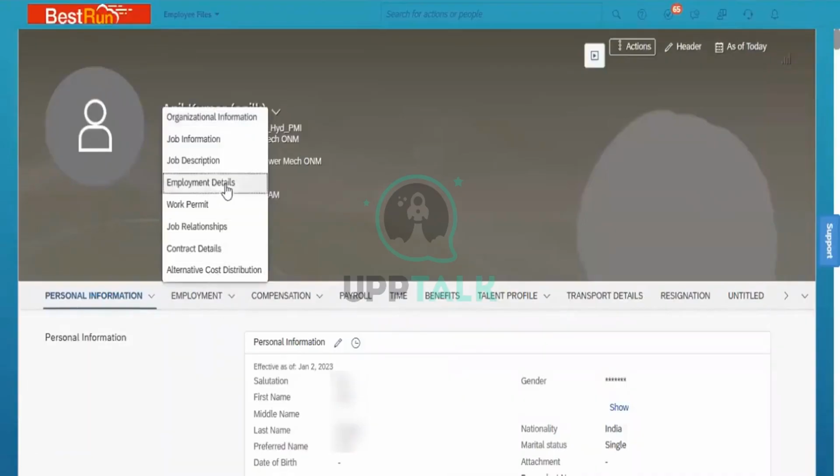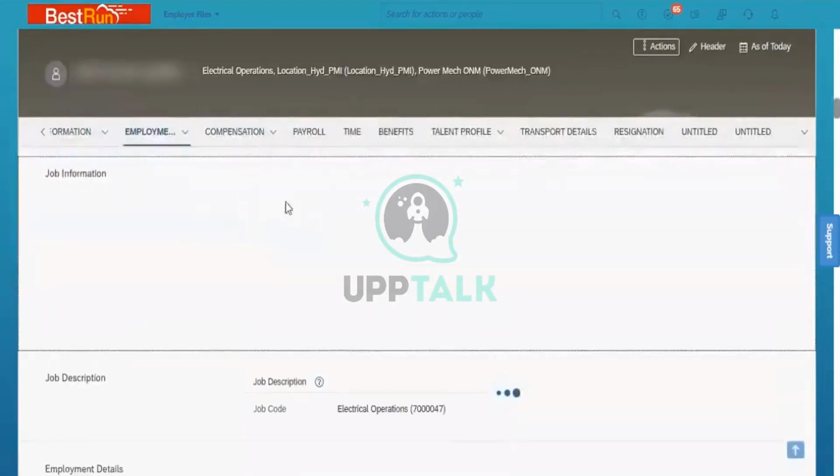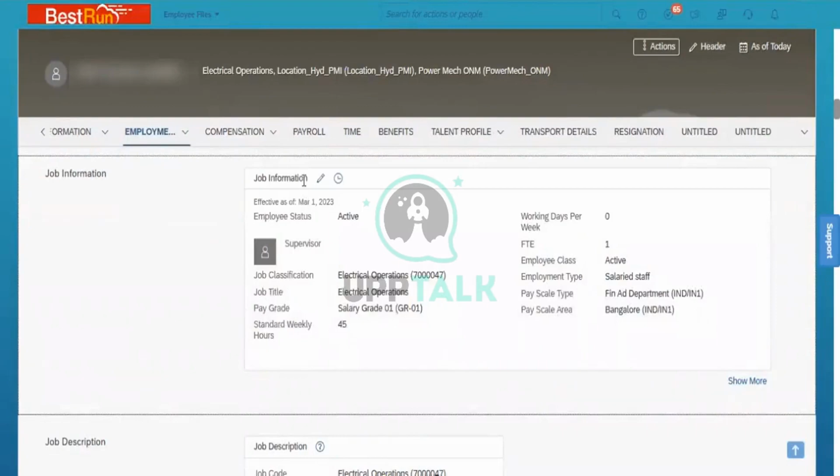Similarly, when you go here, you have an organization job, information job. All these are connected with a portlet, right? When you go here, you can see this is a portlet. This is a portlet which is showing here, and every portlet will have some fields, standard fields,